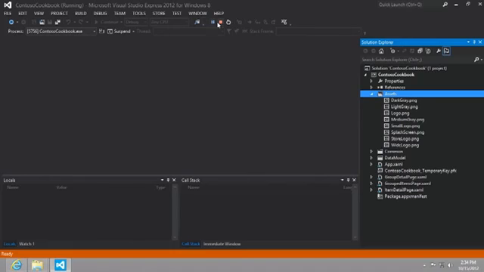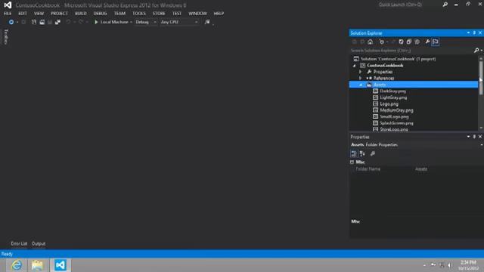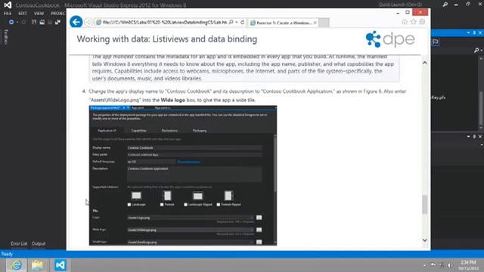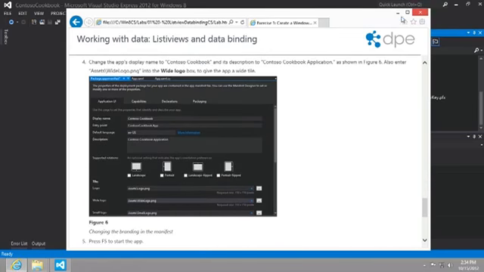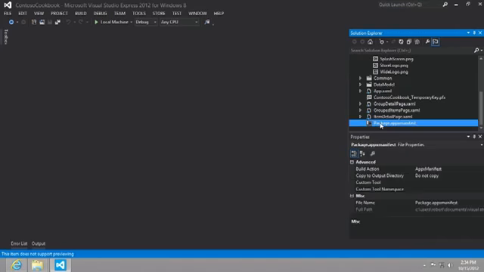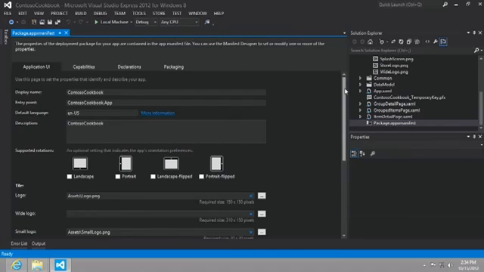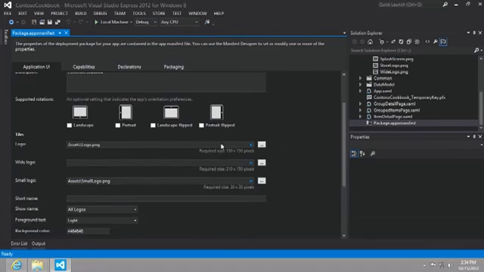The task that we're asked to perform in the steps is to go into a file that's called the package.appxmanifest. And when we open that file up, it's a beautiful designer and it has a number of tabs. And we'll be coming back to this time and time throughout this series. What it wants us to do now is to define a Y logo. The rest of the logos have the exact same name as they did whenever we originally set up the grid